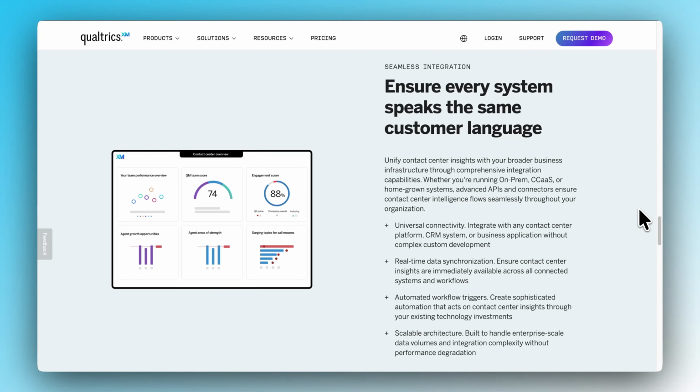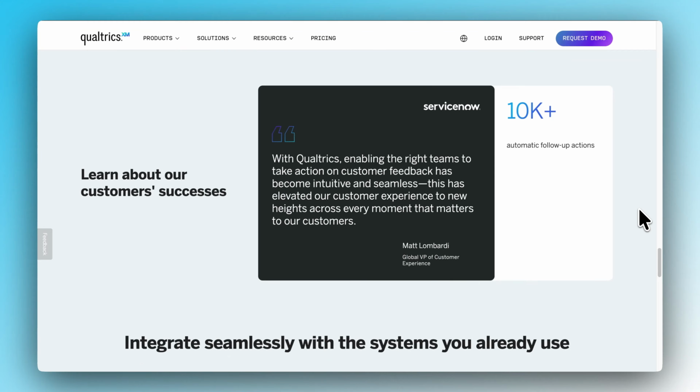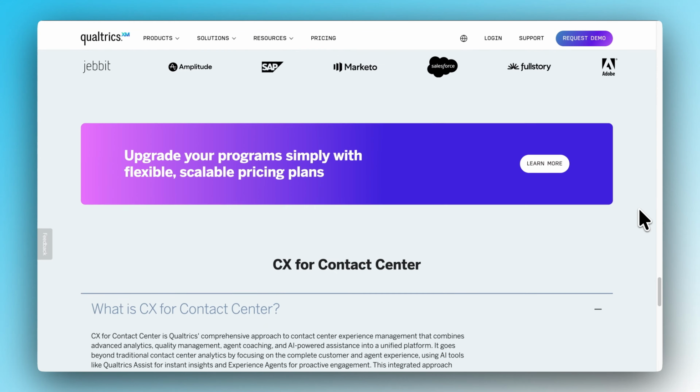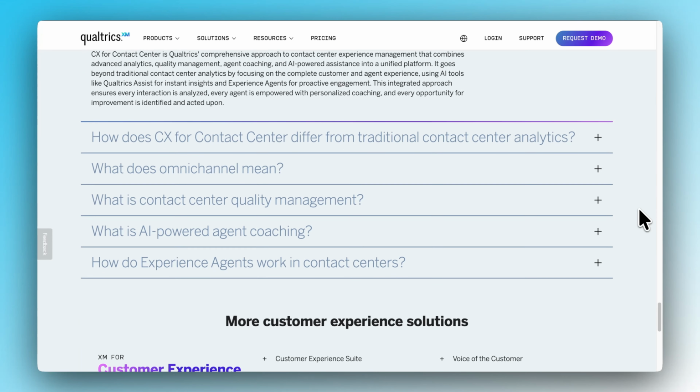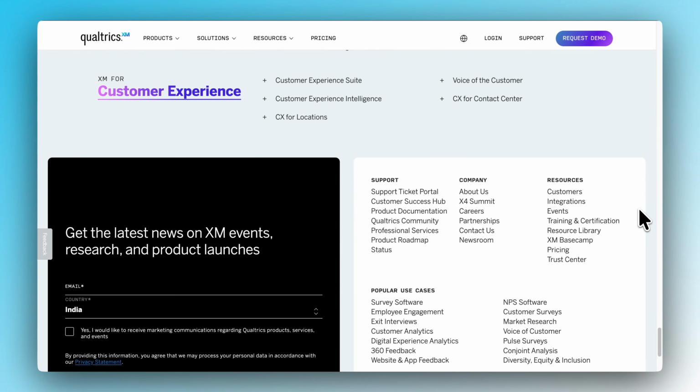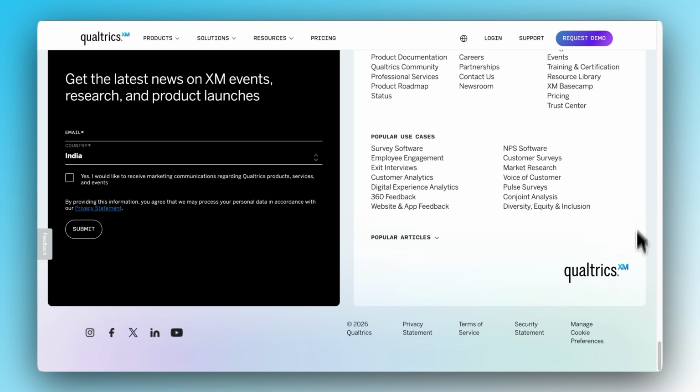Where Qualtrics really excels is executive level reporting and alignment. Dashboards are designed to roll insights up across teams and locations, helping leadership track experience metrics, identify problems, and measure progress over time. That said, Qualtrics is best understood as a powerful analytics and measurement platform rather than a lightweight